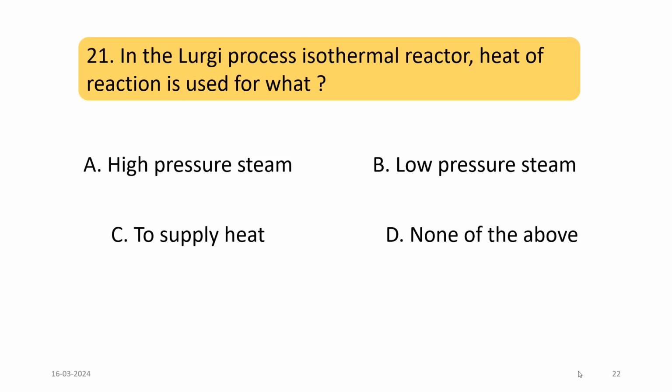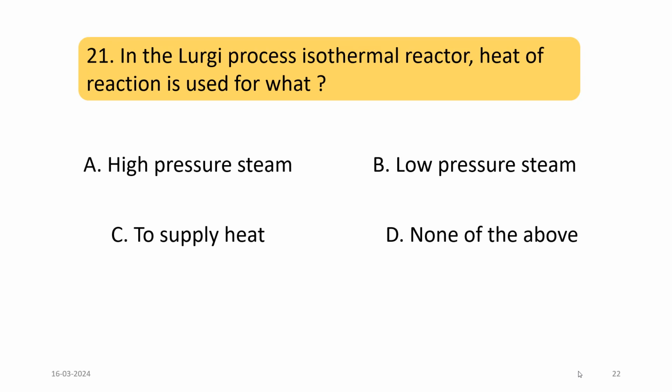Okay. Next, in the Lurgi process isothermal reactor, heat of reaction is used for what? So you have seen in the Lurgi process multiple tubes are used. From the top gas is going in, and from the bottom gas outlet is happening, and there is circulating boiler feed water. This boiler feed water is sent from one side, and this actually cools the tubes where the catalyst particles are placed, and the reaction happens inside those reactors,